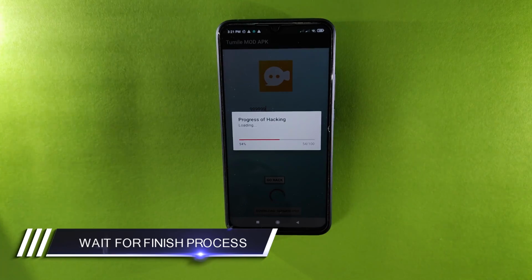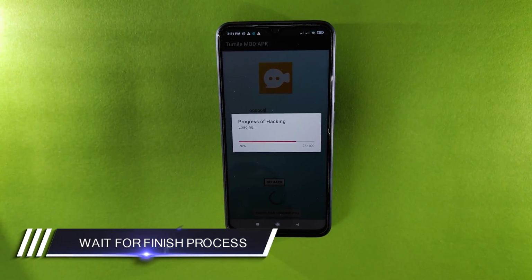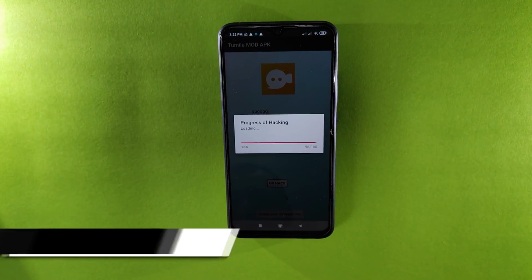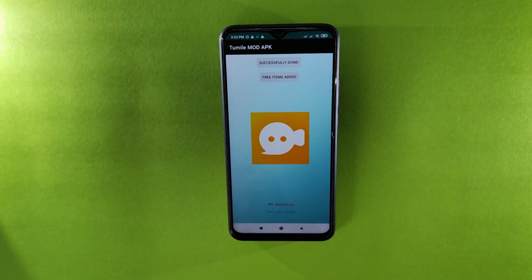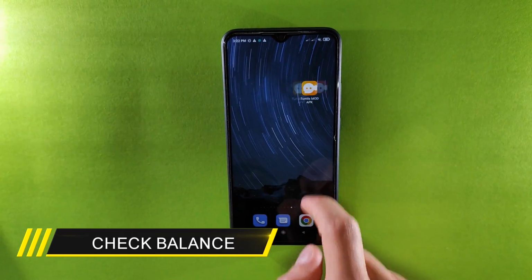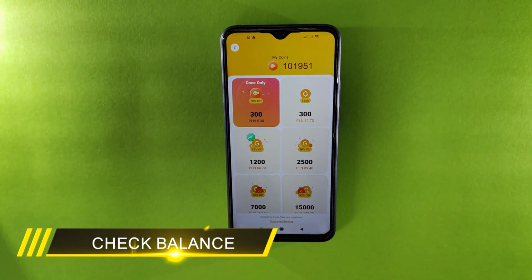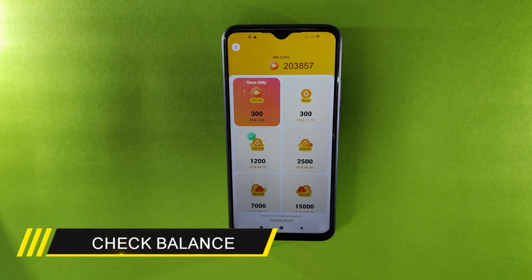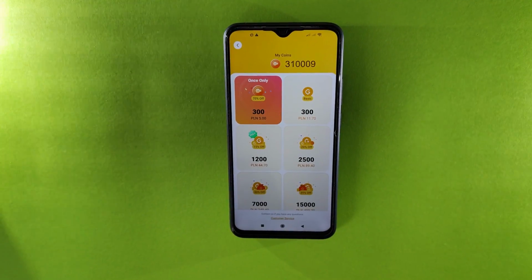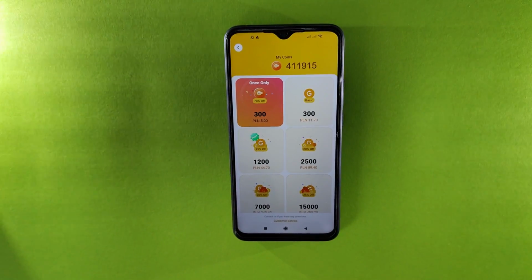Now we wait to finish this process. This process is adding the unlimited coins to my account. And yeah, that's it. This is the finish. Now we open our balance and check our coins, and as you can see, I've already get the unlimited coins